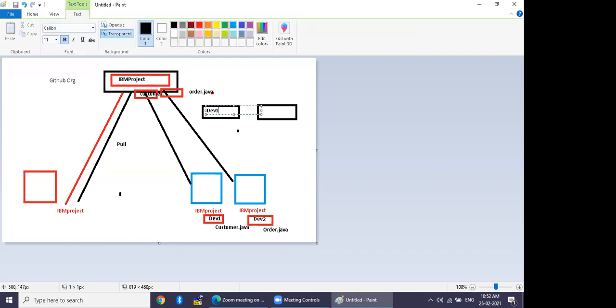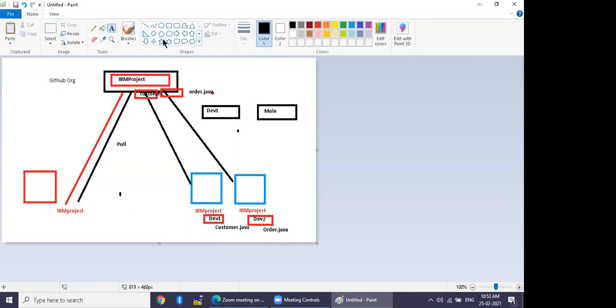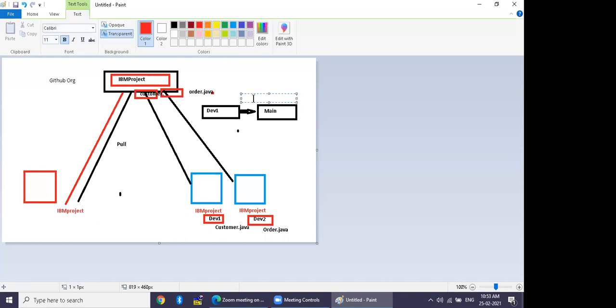Once the team leader approves the code, it is going to merge. Merge means now the code is available directly on the IBM project.